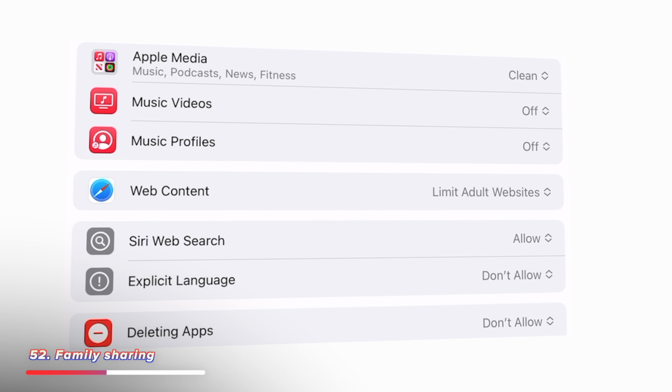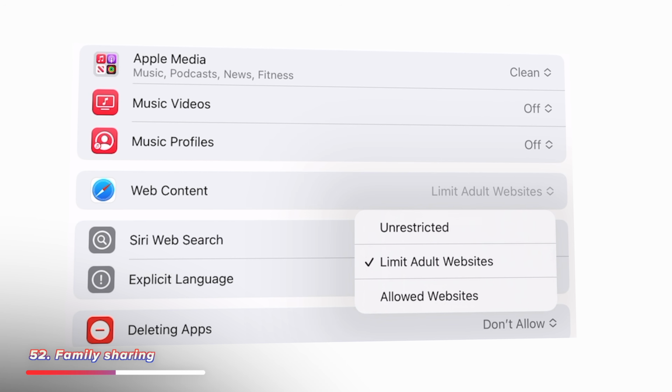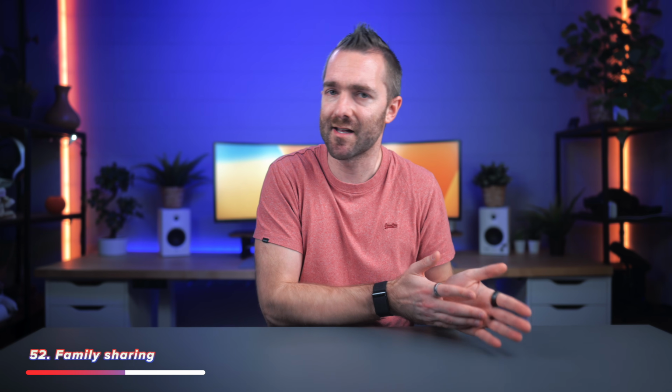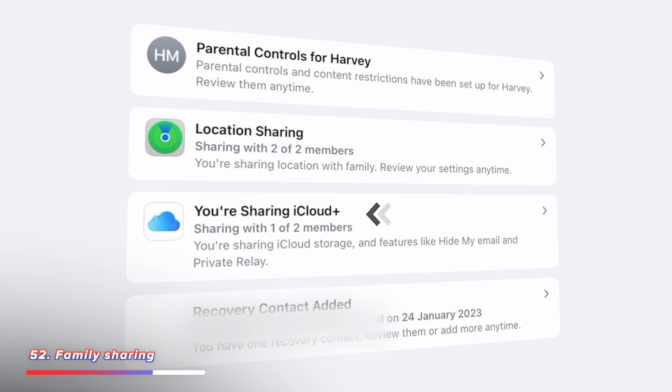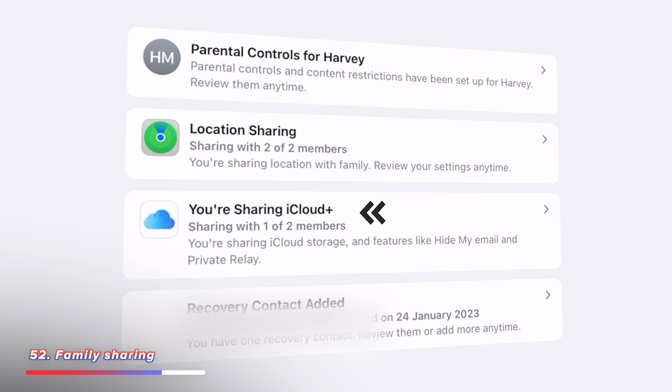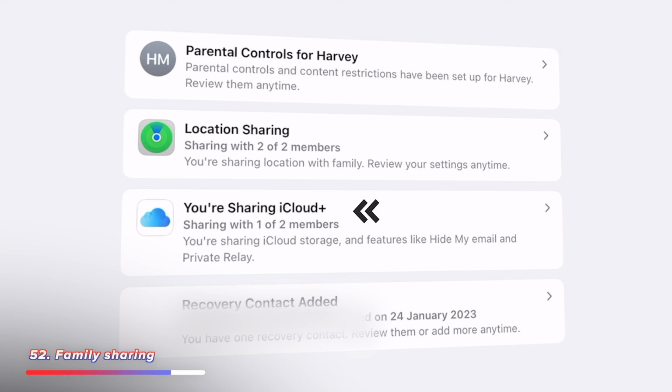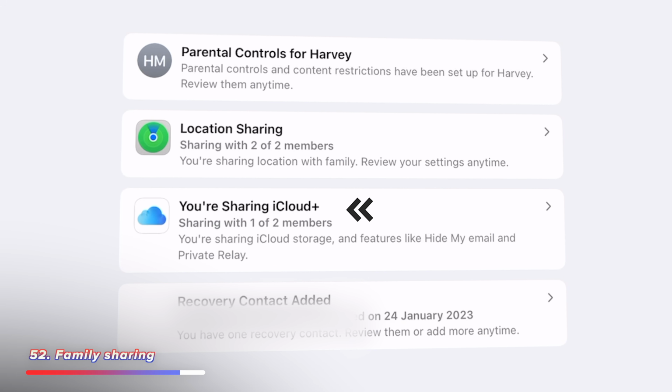It is a great way to save money rather than both you and a partner separately subscribing to iCloud, and it means that if you buy an app, then the rest of the family can also use it without having to subscribe themselves. Now this also creates a shared photo album that's shared between all of your family and a family calendar which is added onto everyone's Apple device, so you can all keep track of when family events are taking place.